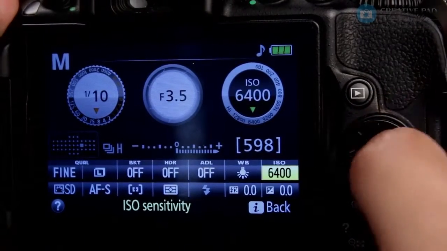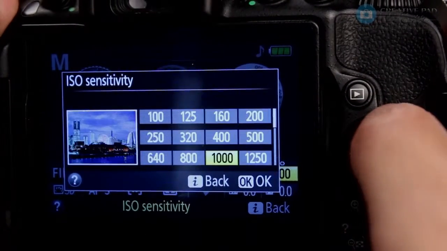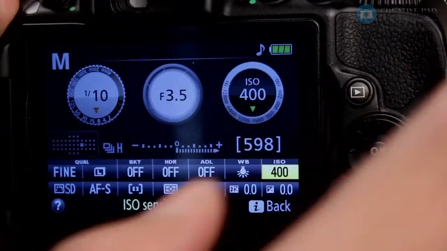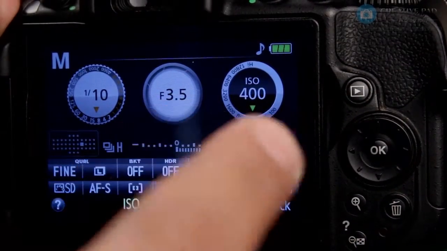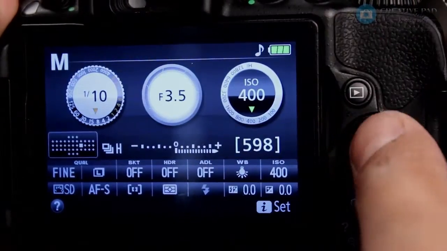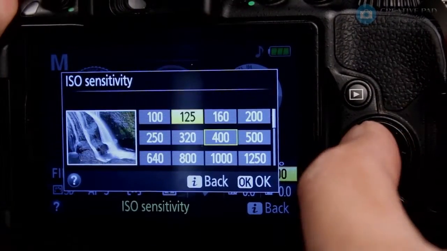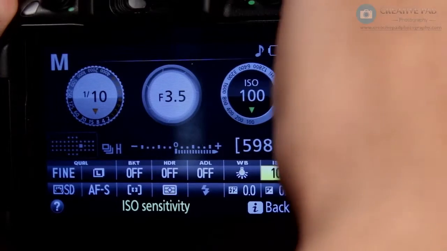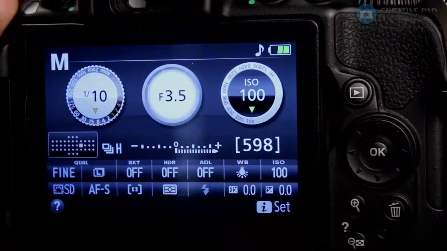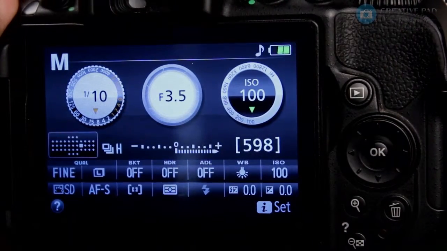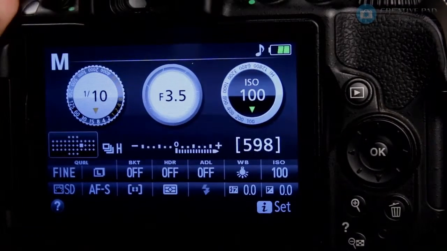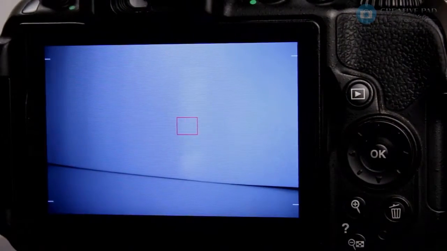And when it comes to your ISO, if you're in a room where there's not too much light, or if you're shooting this at night time, you can probably choose ISO 400. And if you're in a well-lit room during daytime, if your room is really well lit, you can just select ISO 100. Again, the reason for this, you don't have to know right now. You'll understand this in the ISO chapter. Right now, let's focus on the shutter speed.